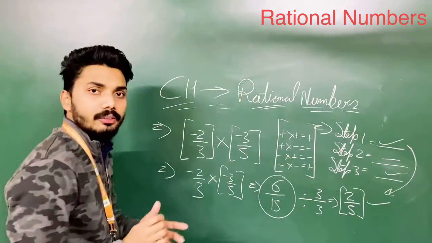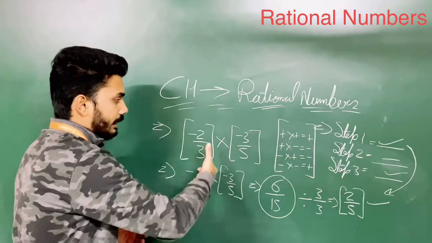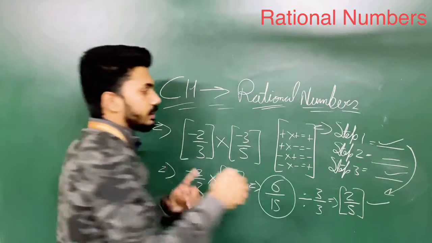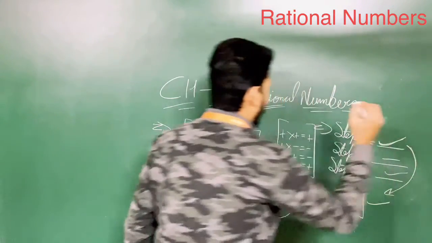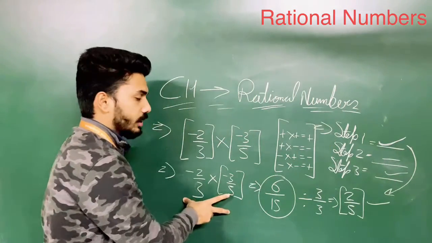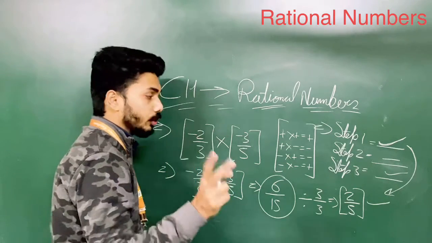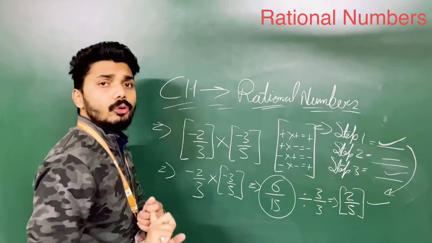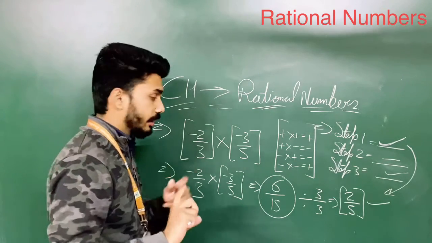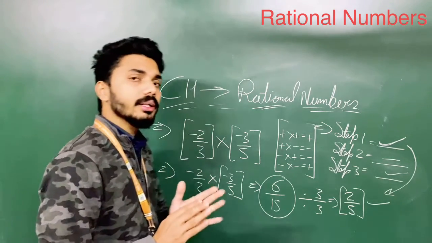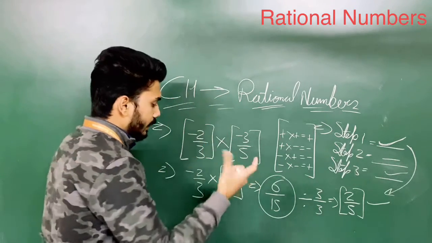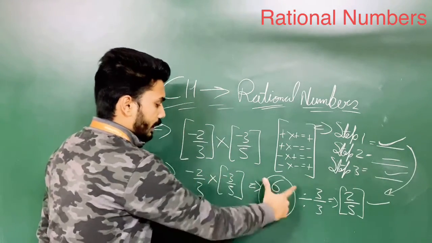So again I am explaining for you. If you get a sum like this, with two negative numbers multiplied to each other, first of all in the first step you have to open the brackets. Then you can take the values out, and in the second step you just need to do multiplication. Multiply the numbers. You don't need to focus on the signs in the first steps, because if you focus on the signs, you will definitely get confused and there is a chance that you will make a mistake. So it's better to do multiplication first of all.